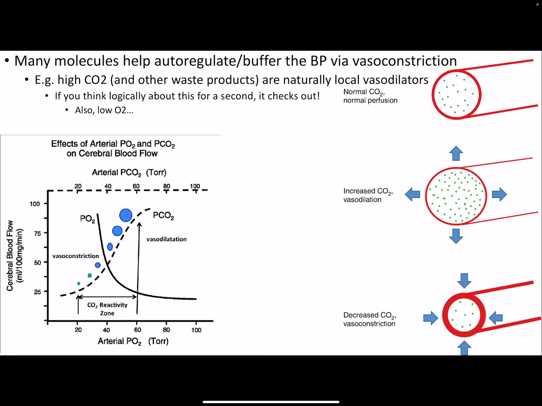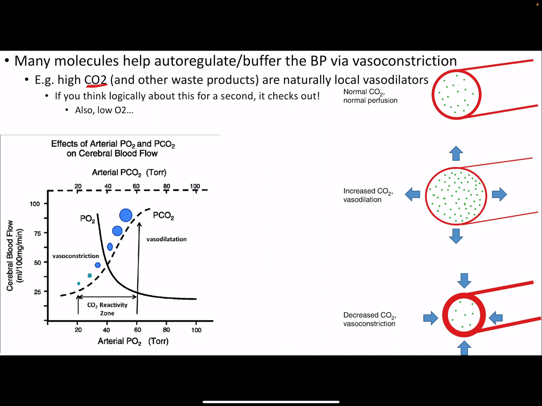How does it know how to do this? A lot of it is CO2. So you can imagine if we produce a lot of CO2 and then we notice that the CO2 is kind of lingering around the tissues, it must be that we're not getting enough blood flow, because the blood's supposed to come in and wash the CO2 away. So if I notice on a local level that my CO2 is high, I might choose, as that organ, to vasodilate, to increase the amount of blood